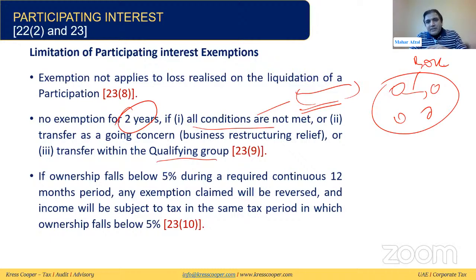At a high level, if these conditions are fulfilled, the business can take the exemption. If these conditions are not fulfilled, the business cannot take the exemption for the next 2 years. Moreover, if the holding is less than 5%, the business cannot claim the exemption. These are certain limitations. If the business is claiming exemption on the income, it should not deduct any losses, expenses, impairment losses, or exchange losses. This is what we have discussed.